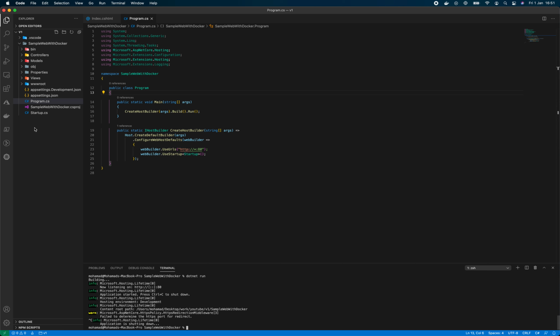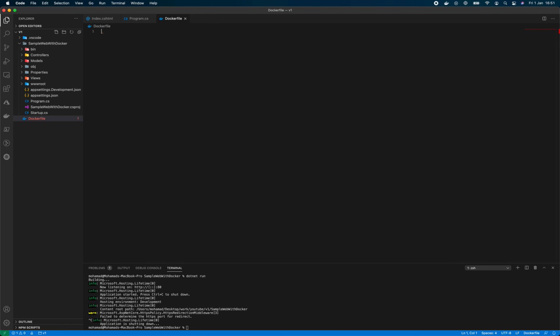So in order to do that, we can just right click, add new file, and we'll call it Dockerfile. We need to make sure that the D in Dockerfile is capital and all of the rest are lowercase letters. So the D is always uppercase and the rest is always lowercase. So Dockerfile. Okay. So as we can see, Visual Studio Code has recognized it and it added the whale icon next to the